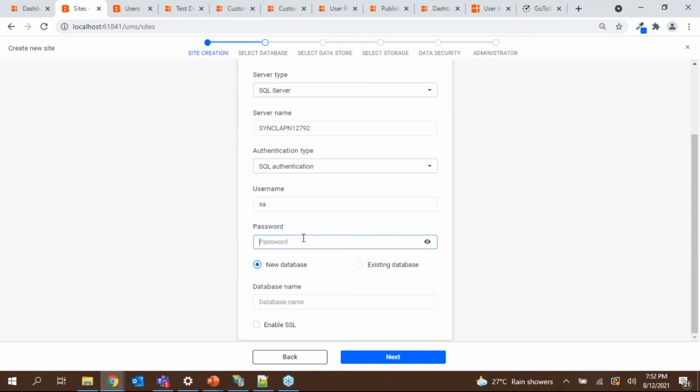As I'm just following the steps which I told you before on how to create the tenants.